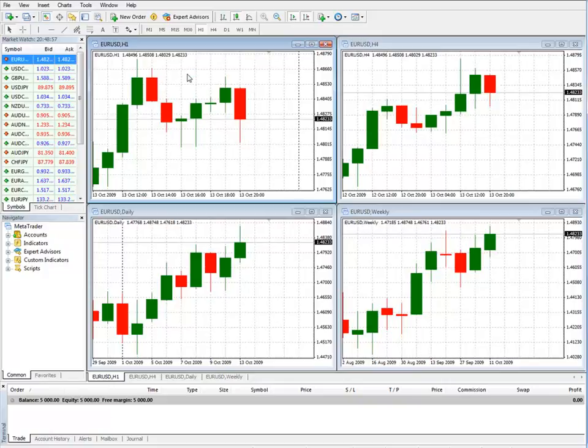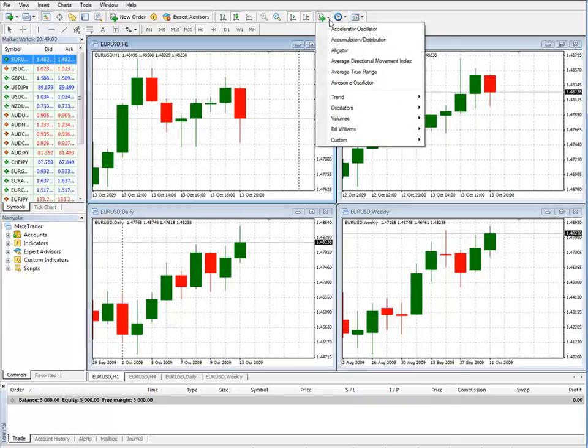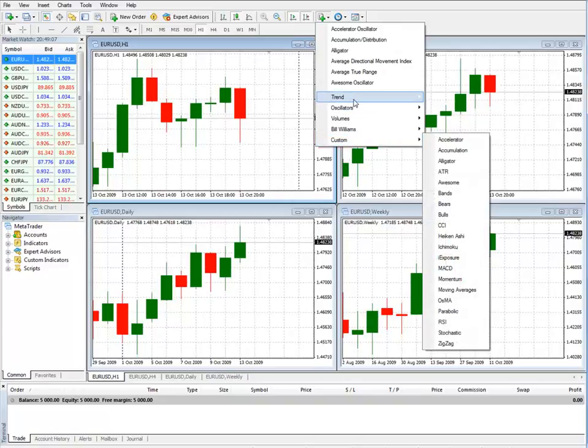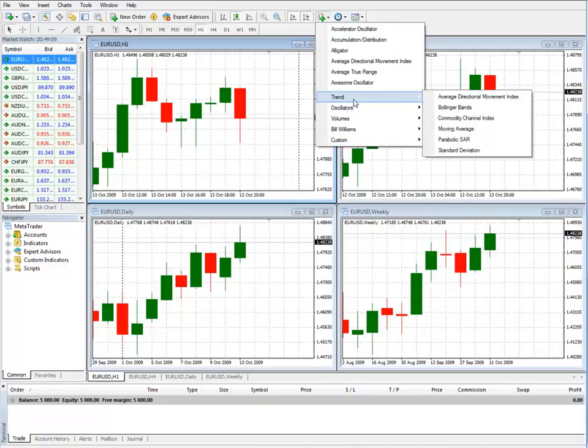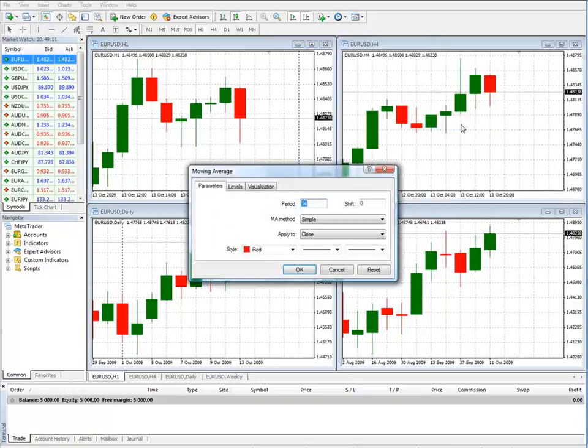If you wanted to insert indicators, you can always pop over here. I'll show you how you do that. It's a couple different ways. Okay, here's one. Let's go for one that everyone's familiar with, and that's your moving average. You can change a lot of parameters here with an indicator. The color, the type of line, the thickness of that line,